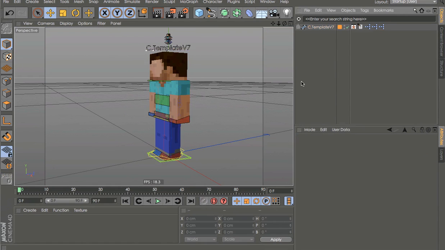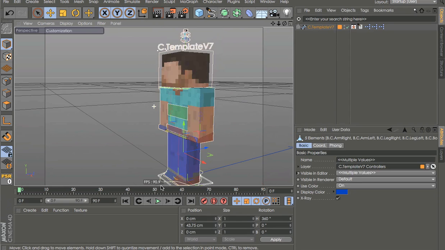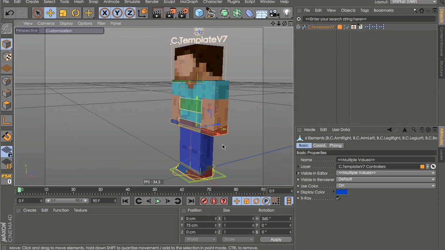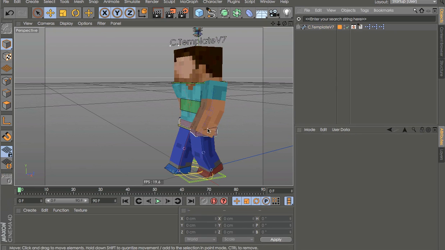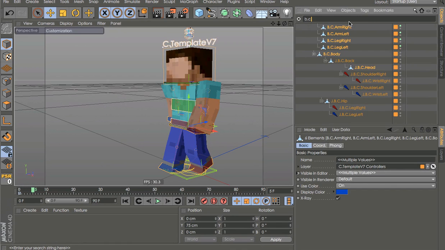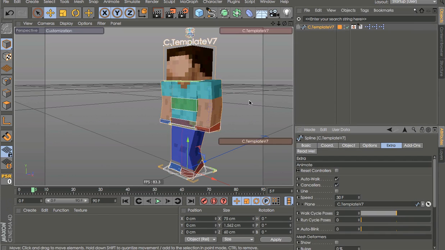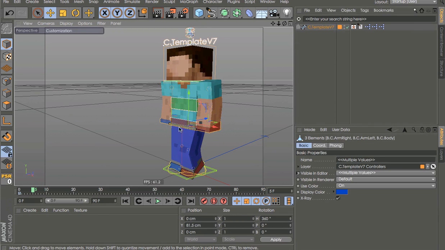So what you can do with this is you can select these 6 controllers, and it is 6, so you need to select all 6. And first we need to make the first pose and select all 6, like so. Keyframe 1, 2, 3, 4, 5, 6. You can even type b.c. and then actually that won't work. First you need to go to the next frame and select all 6 controllers again, like so, and then go to 6th frame and add another keyframe, and then another 6 frames forward,